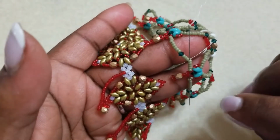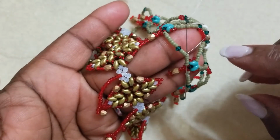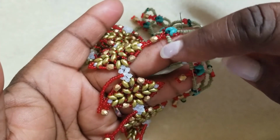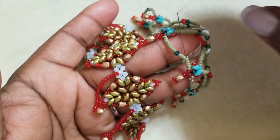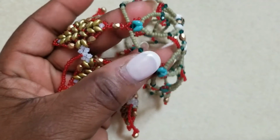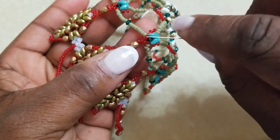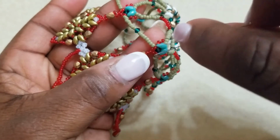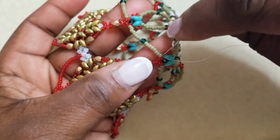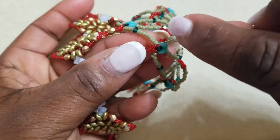I have a better handle on my project now, so I'm gonna go through one of these again. What I'm doing now is coming through these beads on my drape embellishment, and I'm gonna exit the green seed bead here. I'm going to skip this top seed bead, and pass down into the next 3 seed beads to get into position